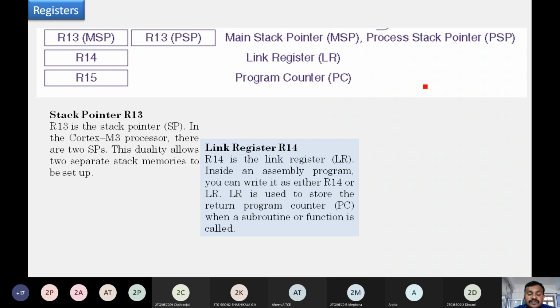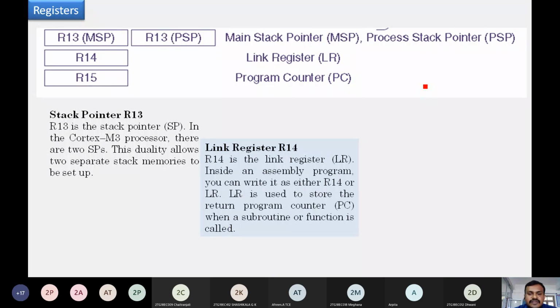Once it is moving from the main program to a subroutine, after completion of that subroutine, it has to come back to the execution of the remaining statements in the main program. So how the PC has to move, the return address of this program counter is going to be stored in this link register when a subroutine or a function is called.